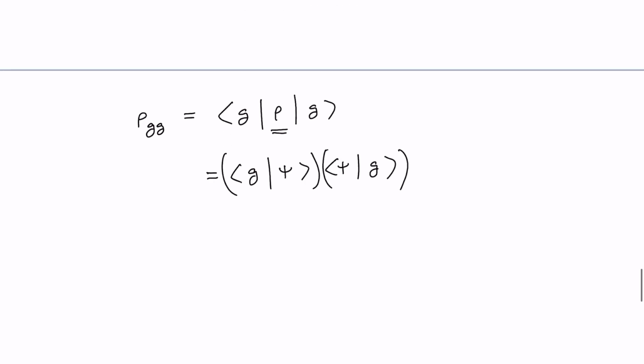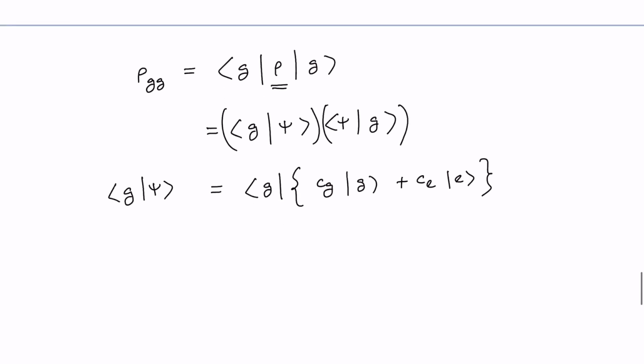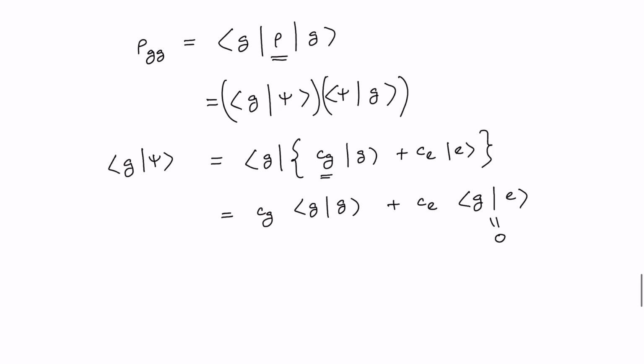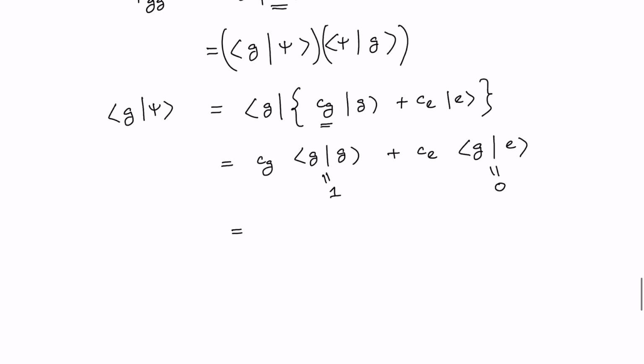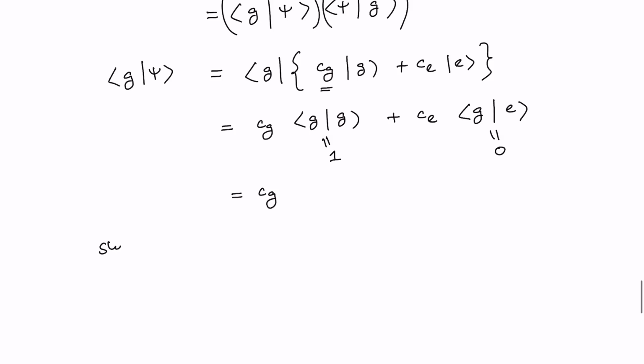So I have this term, and if I expand it, first let me work out this scalar product of bra Z and ket psi. So bra Z ket psi is CZ ket Z plus CE ket E. If I open it up, let me expand it, CZ is just a number, so let me take it out: CZ bra Z ket Z, that's a scalar product, and then I have CE bra Z ket E. Because these are basis states, they are orthogonal to each other, so bra Z ket E is going to be 0 and bra Z ket Z is going to be equal to 1, so you will be left with only CZ. Okay, and similarly you can work it out,